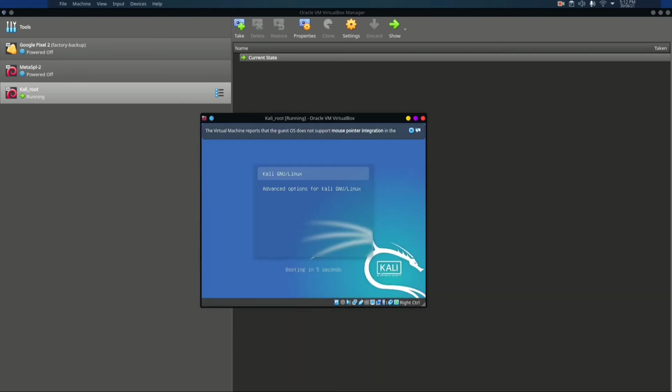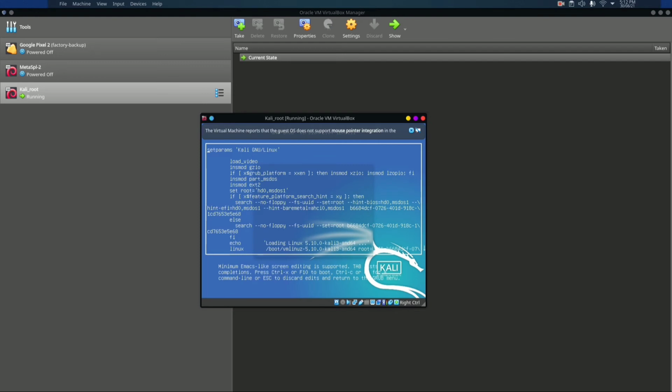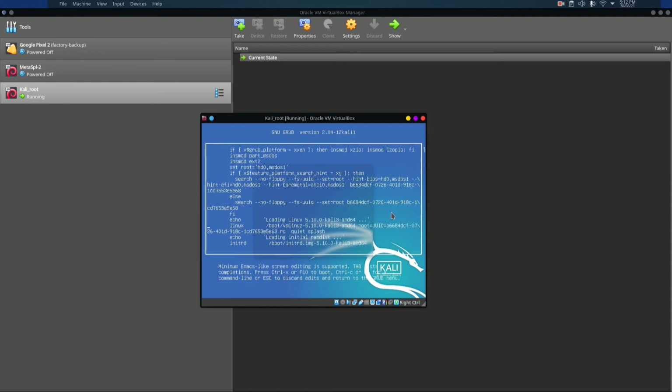The system is now rebooting. Once you have this menu, just click on E to edit the options. The line which starts with Linux, just go to the end of that line, erase quiet splash, and instead of that type rw, then init=/bin/bash, and click on F10 to boot with these settings.